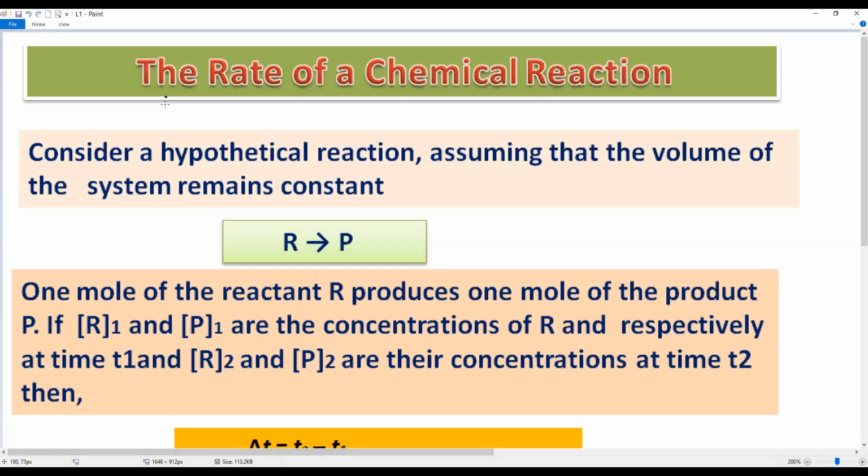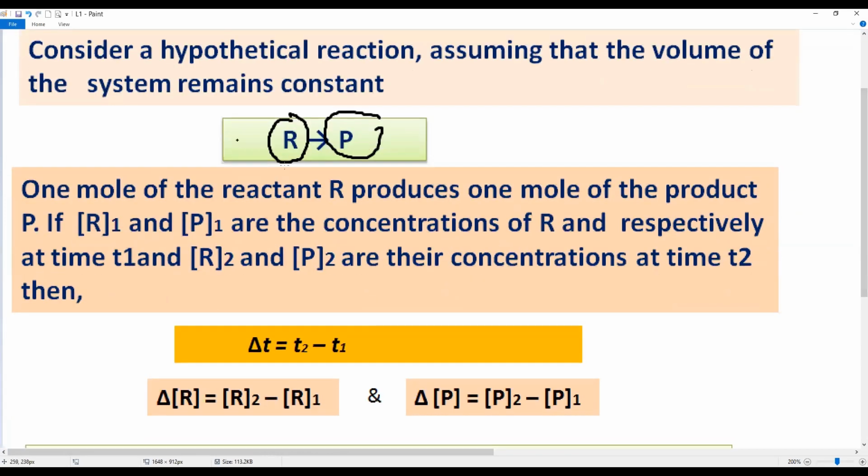Okay, in this slide, just see the rate of chemical reactions. For calculating the rate of a chemical reaction, we will just consider a hypothetical reaction. Let R be the reactant and P be the product. Right. So this is a very simple chemical reaction I have mentioned here. So if I need to calculate the rate of this chemical reaction, let us assume that my reaction has started at an initial time of T1 and the product formation is getting completed in a time